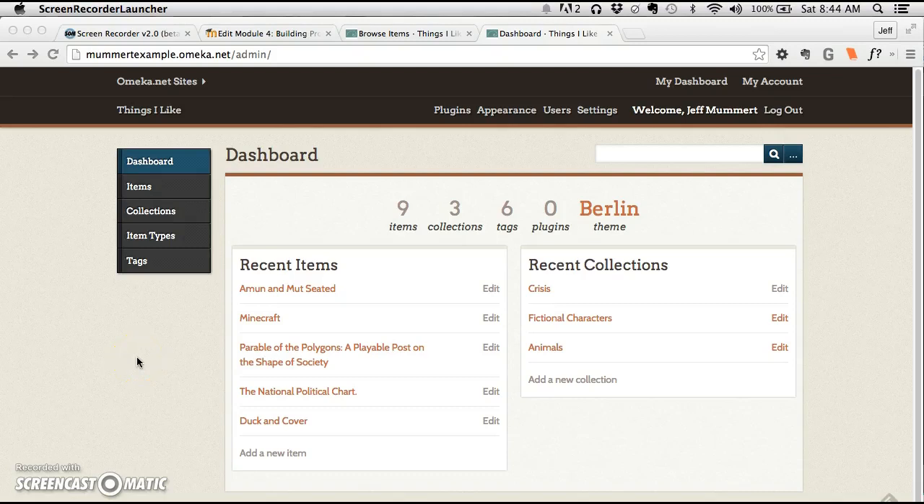Hi everybody, I wanted to take a minute also to quickly describe how you can modify your Omeka installation to look different and to act differently. The first thing I'd like to show you, as I mentioned briefly before, is that it's kind of messy if you